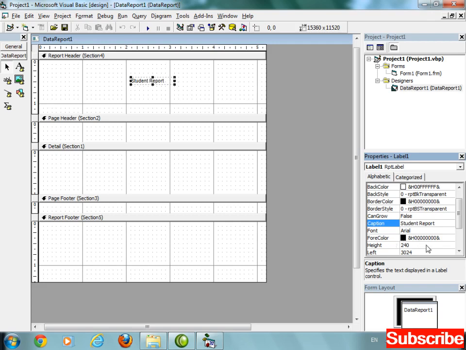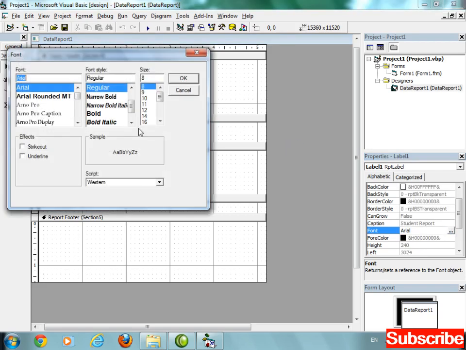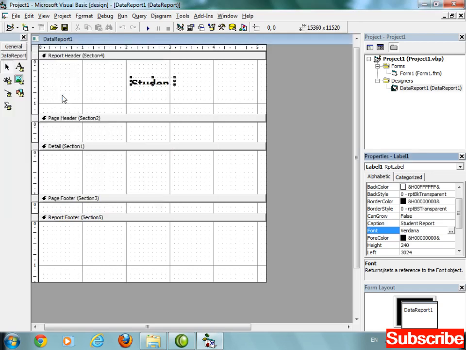You can change the font style and size. I'm going to select the font style Verdana, bold, and 16. Just increase the height and width of the label.